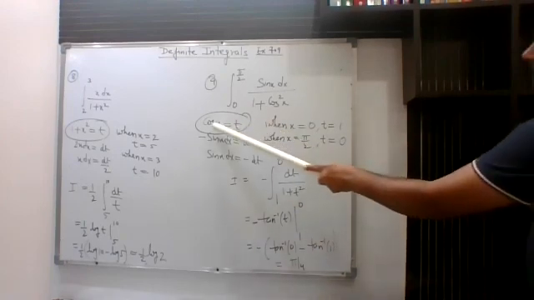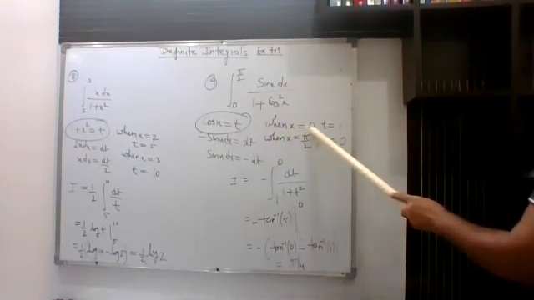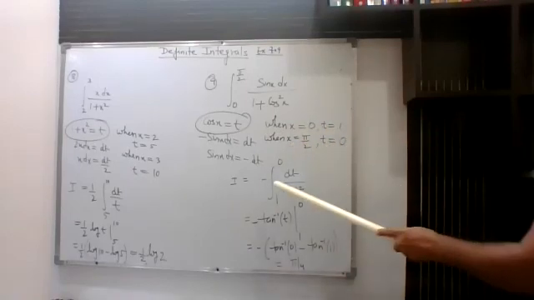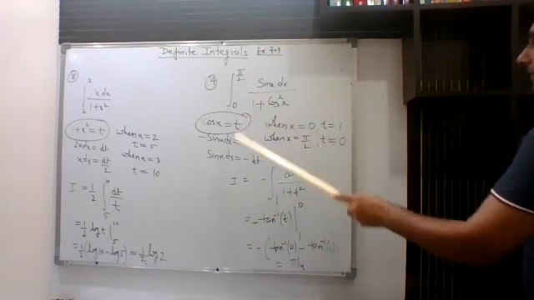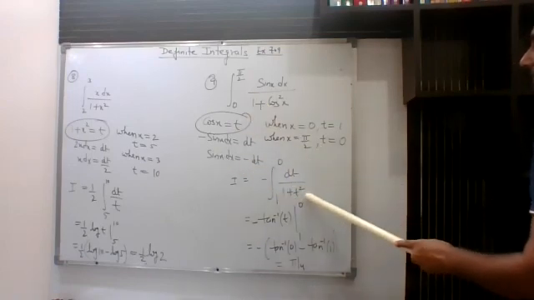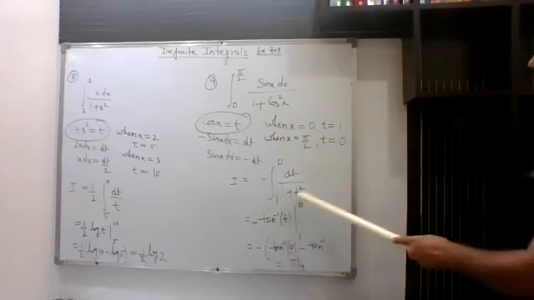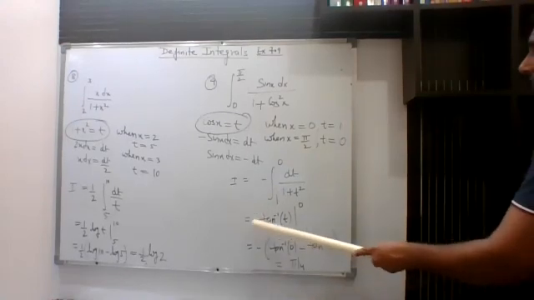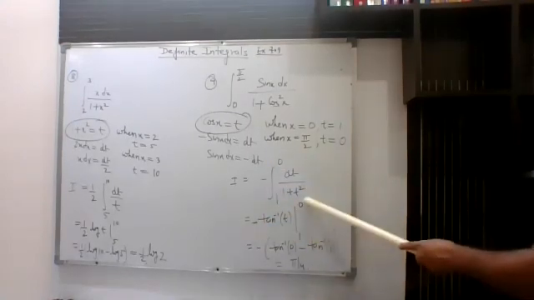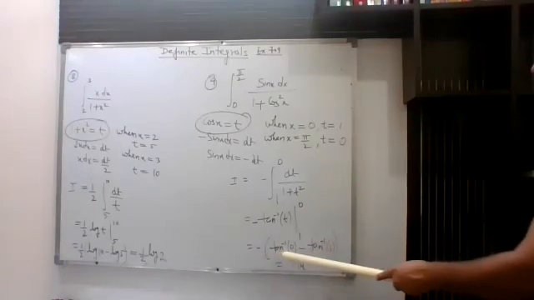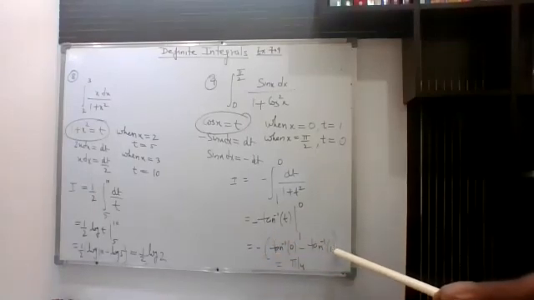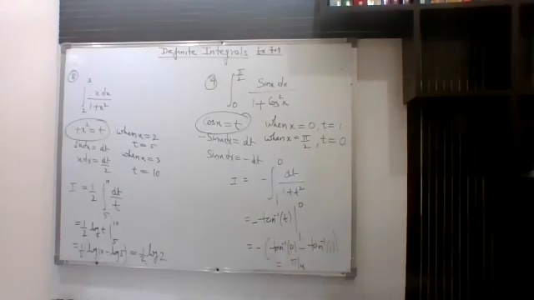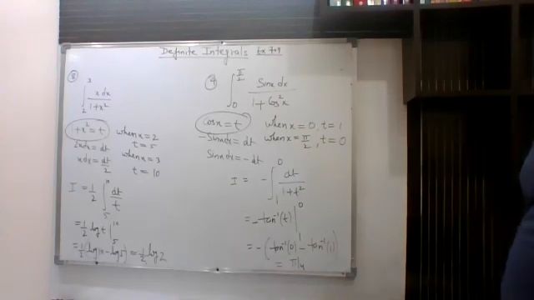So cos x equal to t. When x is 0, your t will be equal to 1. When x is 90, your t will be equal to 0. So when I change this to t form, this will become minus dt upon 1 plus t square. Now you can see that this is again from exercise 7.4. Tan inverse t, with the minus outside, and limits running from 1 to 0. So when you substitute, tan inverse 0 is simply 0 and tan inverse 1 is pi by 4. So this minus and this minus will become positive. So finally you are getting your answer as pi by 4.